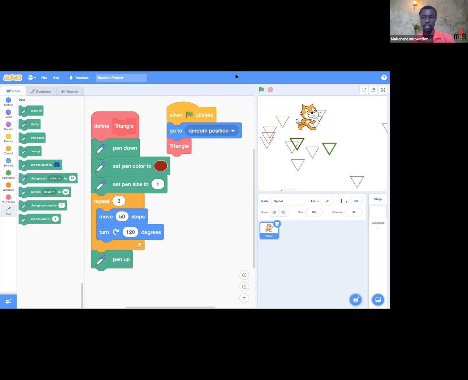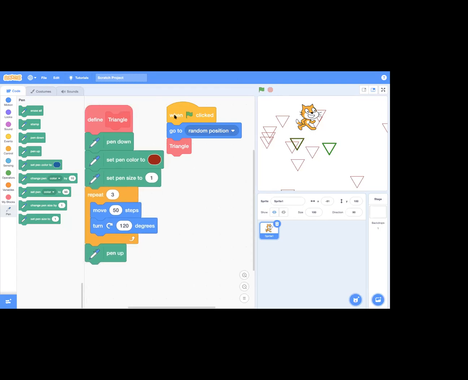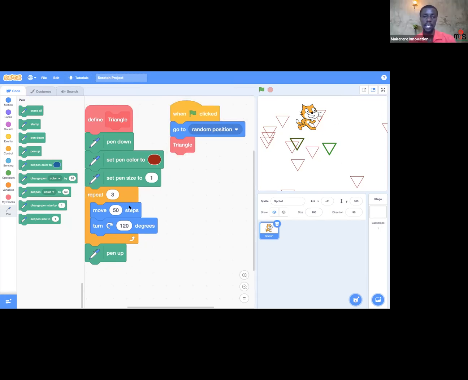Try to clarify your question. What's not working? So, if you want to measure the side, the move steps are the ones which determine the size of